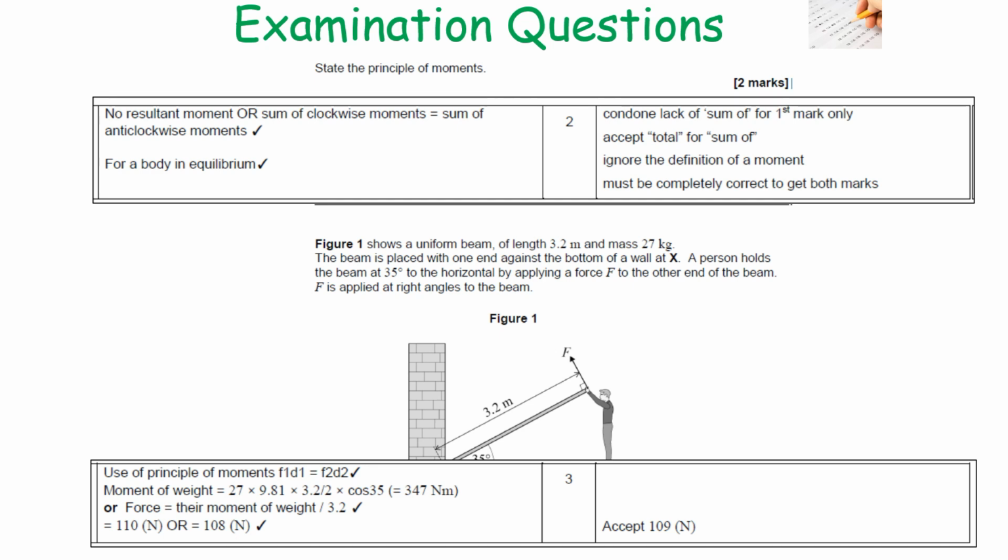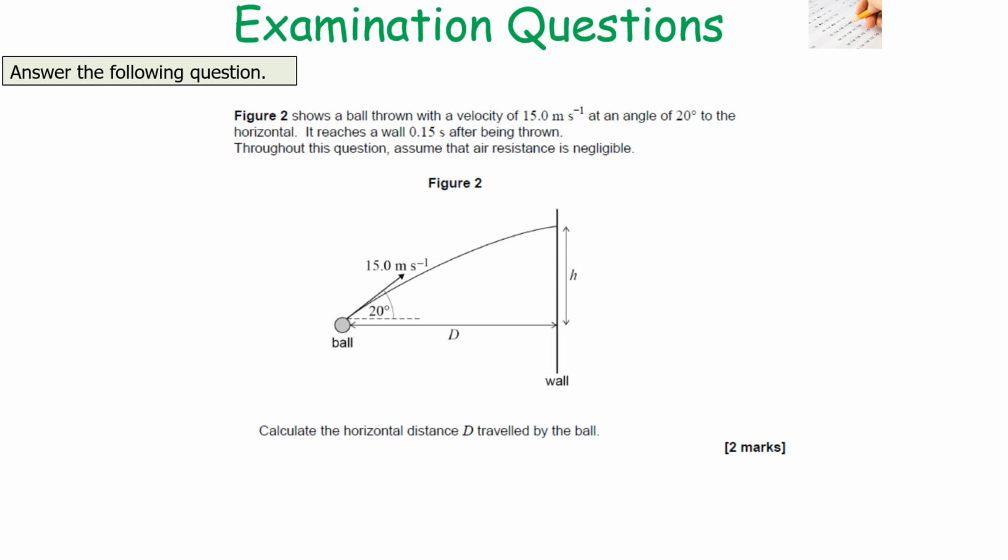So we've got our moment on one side, so it's got to be the same moment on the other side, so we say it's 347. We then divide it by 3.2 because that's the distance it is from the value of X, so it's 110 or 108 newtons. Our next question says figure 2 shows a ball thrown with a velocity of 15 meters